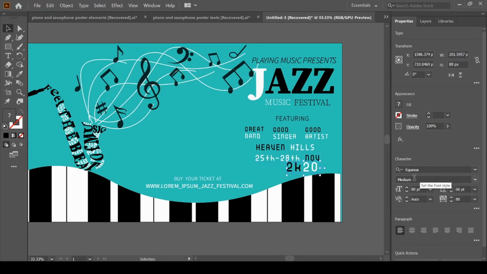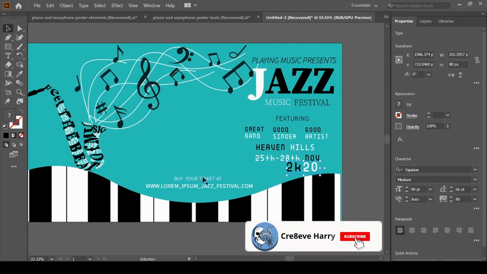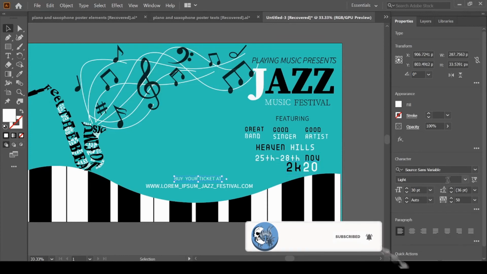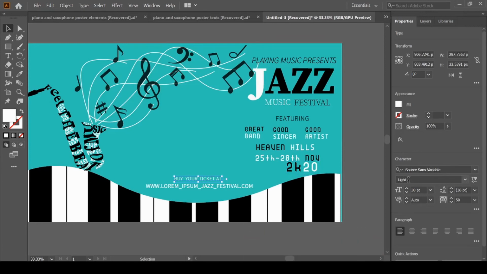Equinox, medium, size is 80 and tracking is also 80. Source Sans Variable, light, size is 30, tracking is 50. Source Sans Variable, regular, size is 35 and tracking is 20.